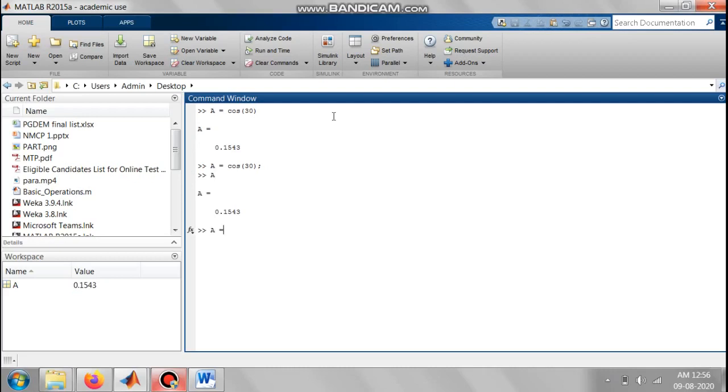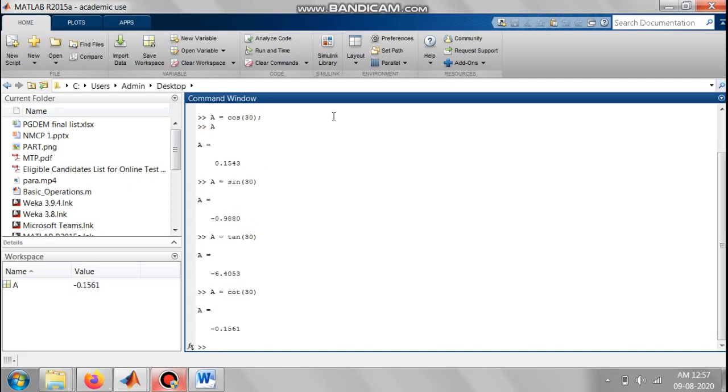Then let us go for sine. If I want to find out sine 30, I will type A is equal to sin 30 and press enter, the answer will be displayed. Then for tan, A is equal to tan 30, the answer will be A is equal to minus 6.40. Then A is equal to cot 30, the answer will be minus 0.1561. Then A is equal to cosec. For cosec we have to use CSC 30. Press enter, the answer will be displayed, and which is remaining now is sec, right? A is equal to sec 30, the answer will be displayed as